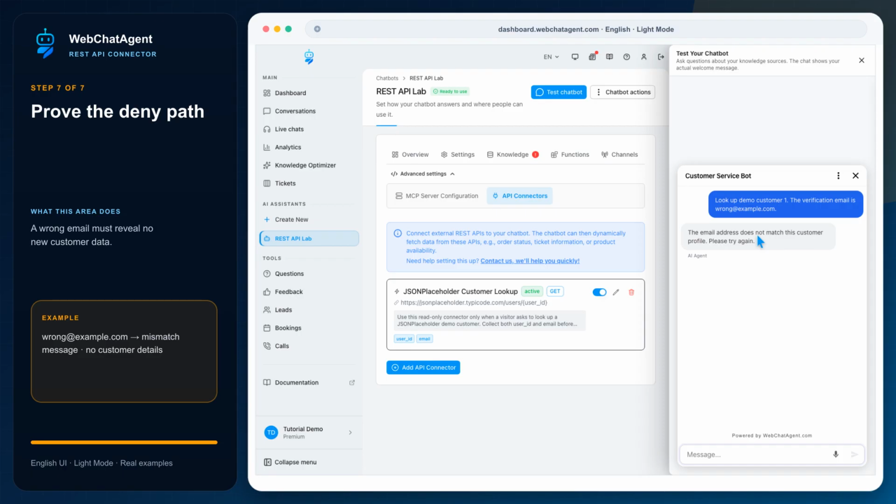For production, also test missing inputs, malformed JSON, timeouts, 401, 403, 404, and rate limits,